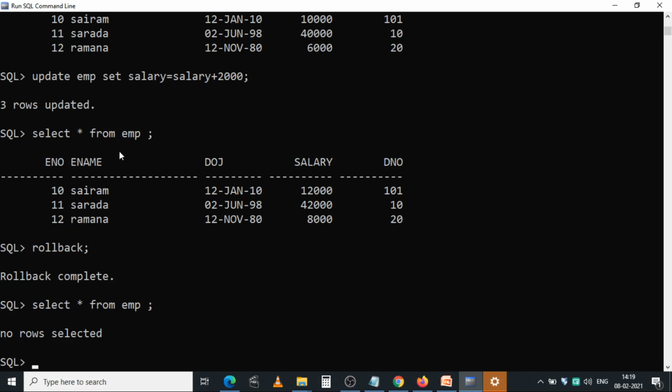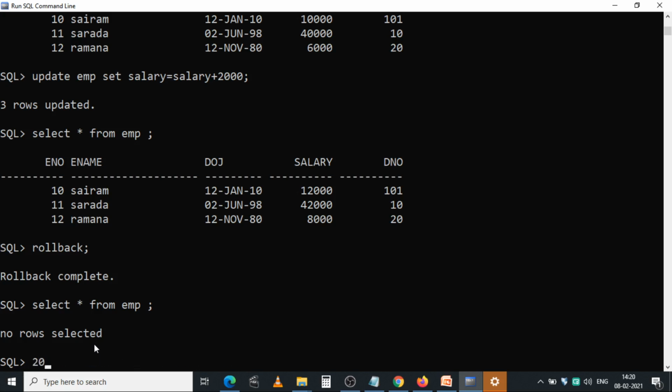So 2 operations you have done in the EMP table. If you perform a rollback operation, all these 2 operations are rolled back or undone. That's why it displays no rows selected. That is the importance of rollback. That's why if you execute any DML statements, you need to commit the changes with the command commit.